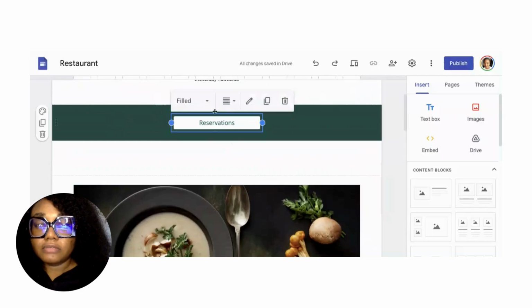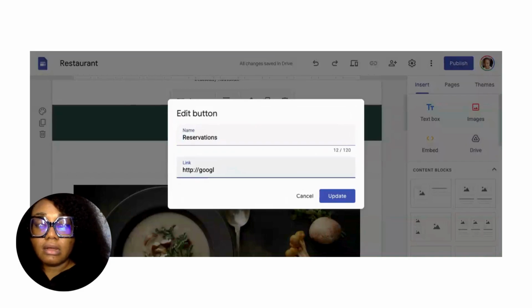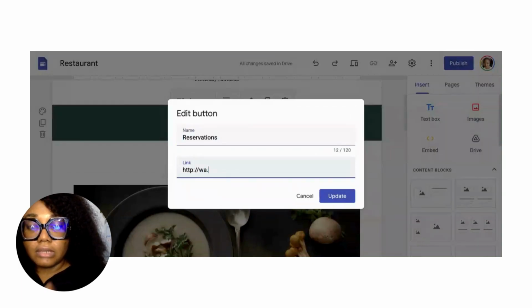So you have a button for reservations. You click on it. It tells you you can edit the button, and it takes you to, let's say, now let me show you guys a trick. If you don't have any link for all of that, you can just use your WhatsApp. It's a simple thing. You click on WhatsApp,